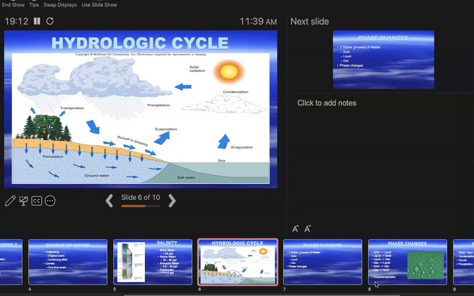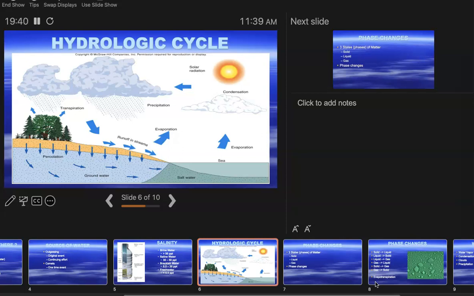So it is a cycle, it is a circle. There is no beginning and there is no end when we talk about things like this, but there is a logical place to start. We just got done telling you that the majority of the Earth's surface is covered with the oceans, so let's start there. We're going to have water leaving the oceans, going up into the atmosphere. That water is warmed by the sun, at the very surface.